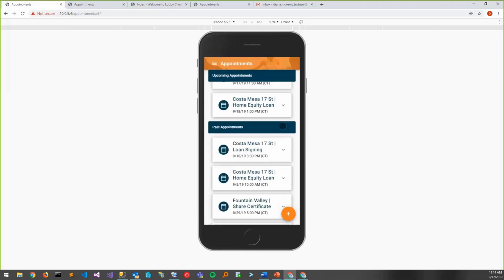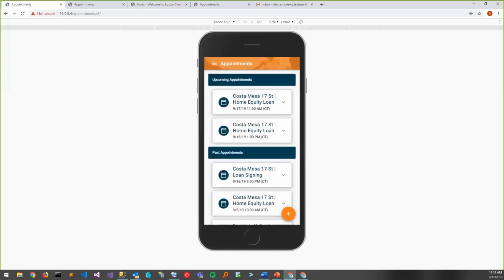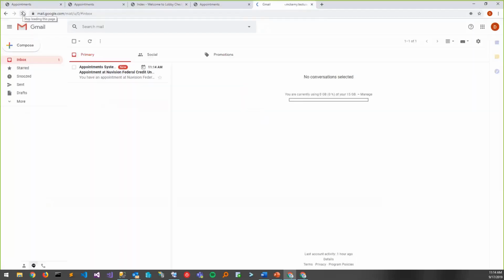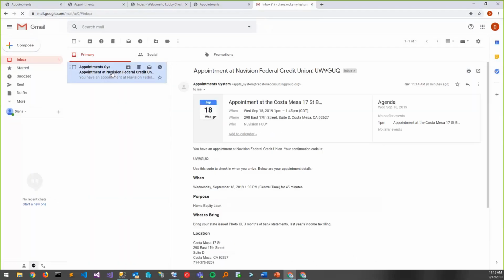So behind the scenes, the system is communicating with both the member and the agent via email or via text, depending on the member's selection. If we go and look at the member, we see that they received a meeting invite for the meeting that we just scheduled. It comes with an ICS card